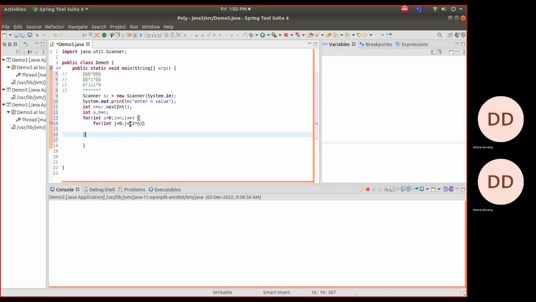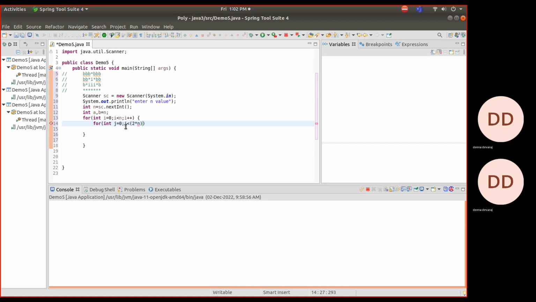But here I'm using less than instead of less than or equal to, so that I get that exact value to be 2 into n value. Means I need 8 columns is what I am declaring. Okay. And also need something like, or you can also choose another